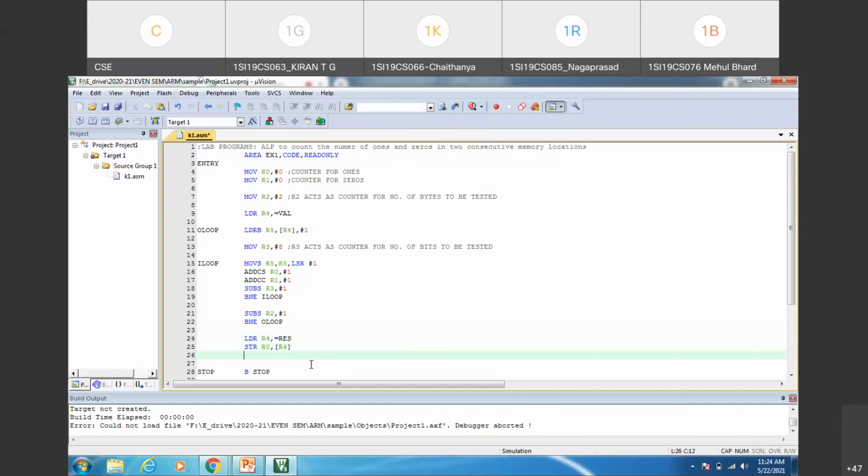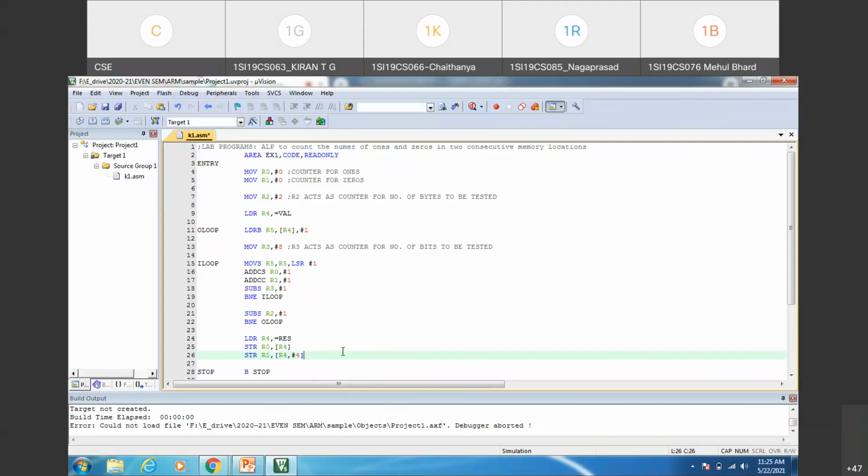And in the next consecutive word location, STR R1, comma content of R4, comma hash 4. In the first word location, I'll write the ones count value, and in the next word location, I'll write the zeros counter value, which is in the R1 register.